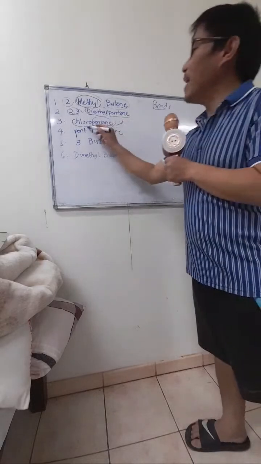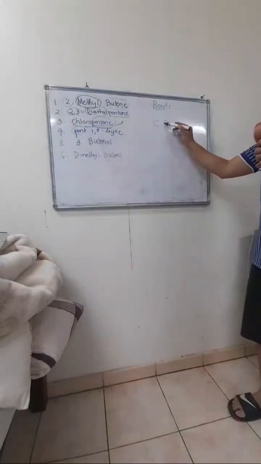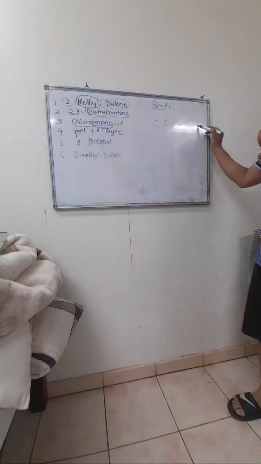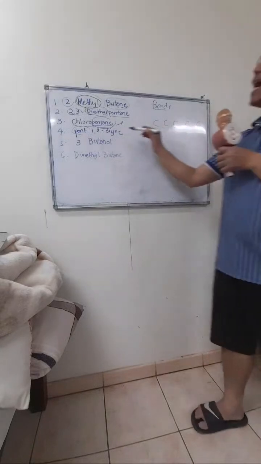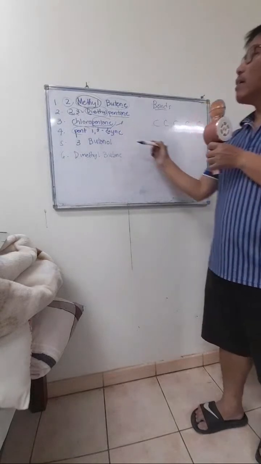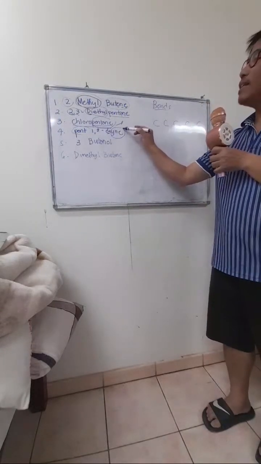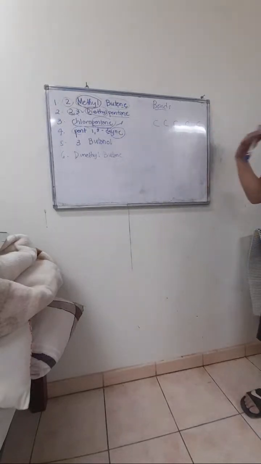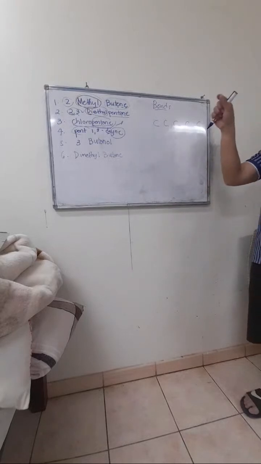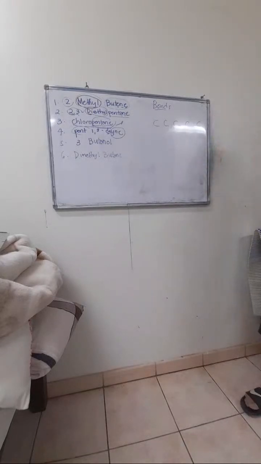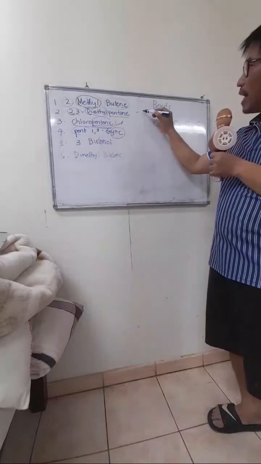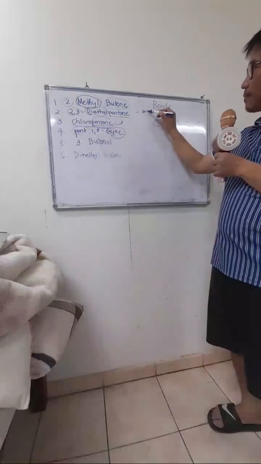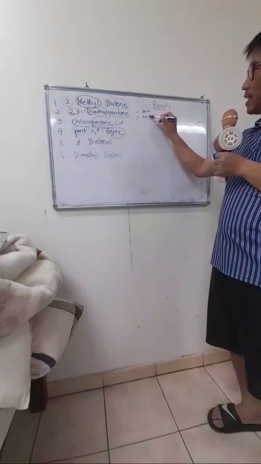So, pent, that's 5. 1, 2, 3, 4, 5. Then diene, die meaning 2. And YNE is a triple bond. ANE is a single bond, ENE is a double bond, two hyphens, and then three hyphens is the triple bond. Alkane or ANE, double ENE, triple YNE. So use the YNE because